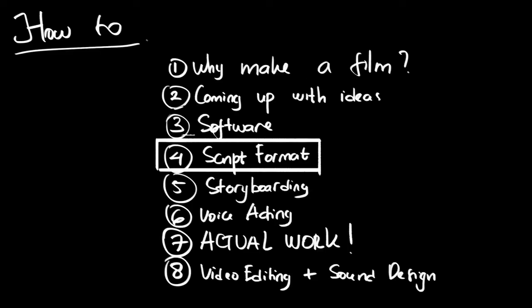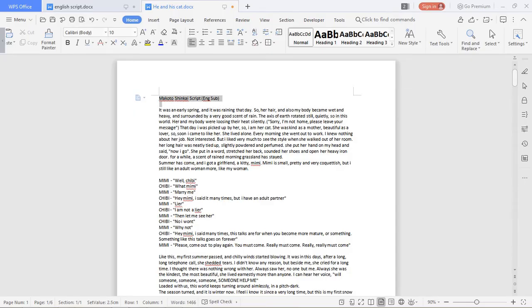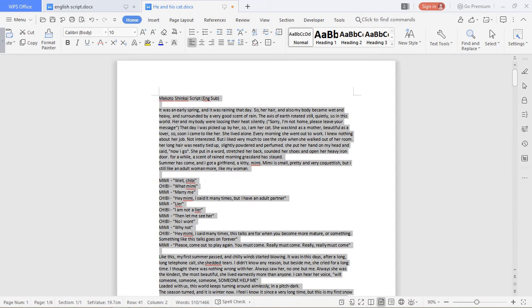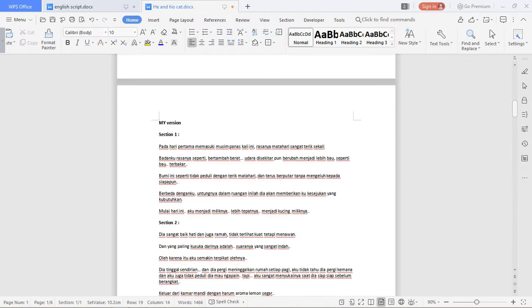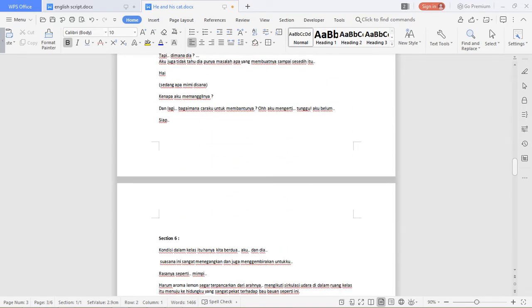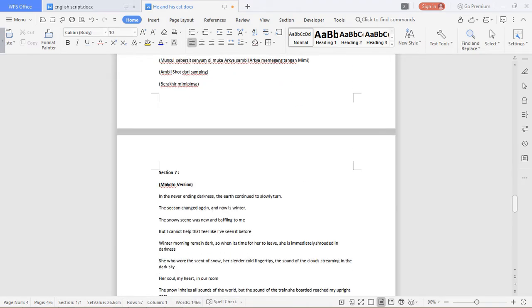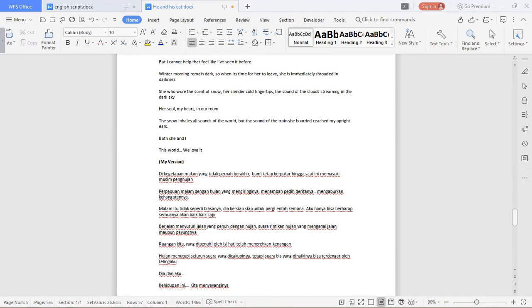Number 4, script format. For scripting, I'm only using Microsoft Word. And since I took She and Her Cat as an inspiration, what I did was translate all the script from the She and Her Cat film into the Indonesian language, change a little bit of some of its lines, and also add additional lines to fit more into the situation I like to convey in my animation. This kind of method probably only works in my case since it's not really an original work,